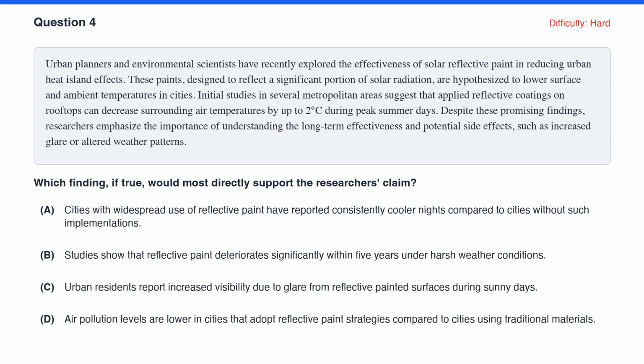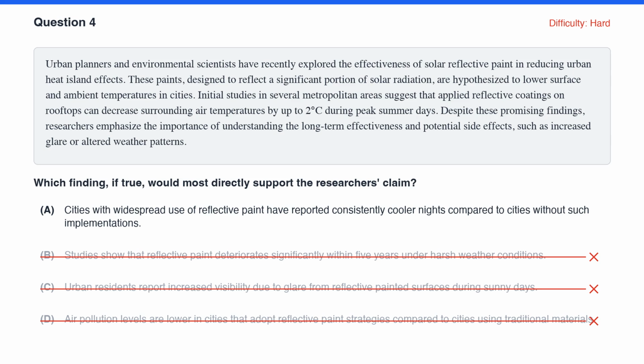We need a choice that ties reflective paint usage specifically to lower temperatures, since that is the heart of the researchers' hypothesis. Options touching on durability, glare, or air quality may sound related, but they sidestep the core claim about cooling. Choice B addresses durability over 5 years, which speaks to long-term effectiveness, but says nothing about whether the paint